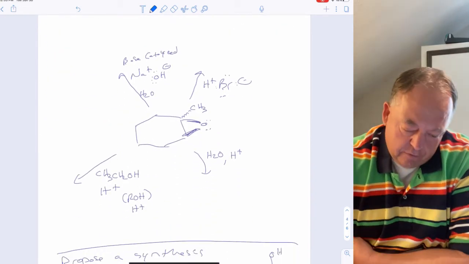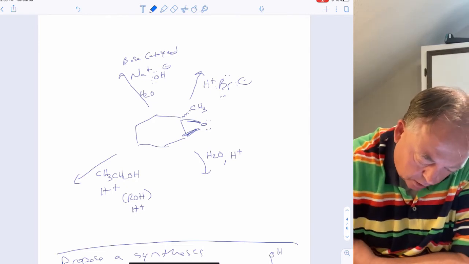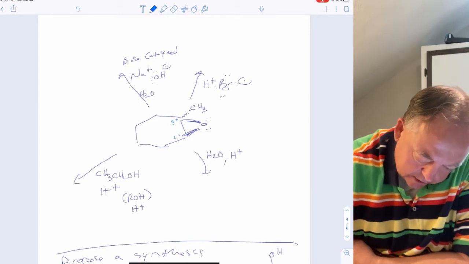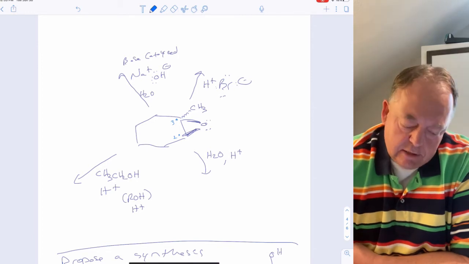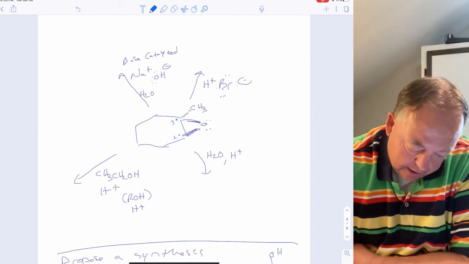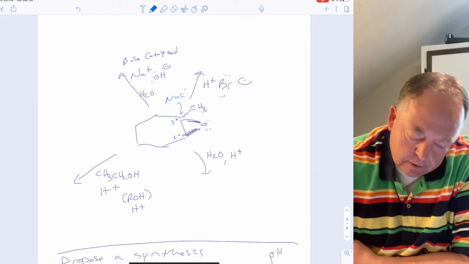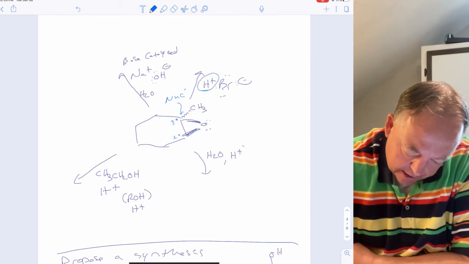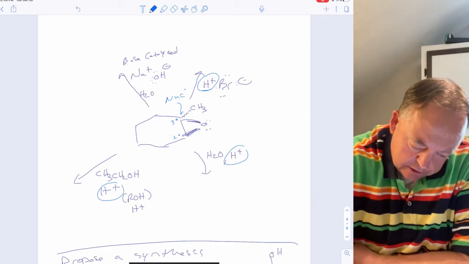Okay, so if we did that for this epoxide, this carbon is tertiary, right? And this carbon is secondary. So it's better to put positive charge density on the tertiary carbon than the secondary one. So that basically means the nucleophile is going to end up on this carbon if it's acid catalyzed. And here it's acid catalyzed, H+ is in the first step. So this is going to give you